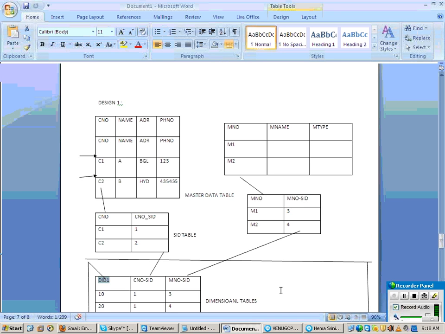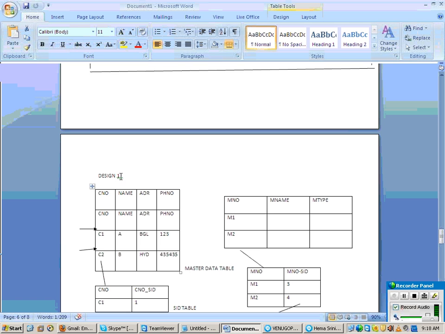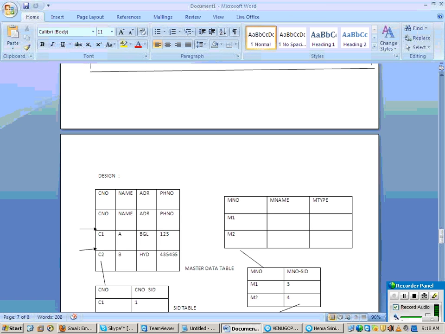So what is design 1? I have 2 characters wherein I assign 2 characters to 2 separate dimensions. What is design 2? I have 1 dimension wherein I assigned 2 characters to the same dimension. Now, how do you decide which is a feasible solution, design 1 or design 2?